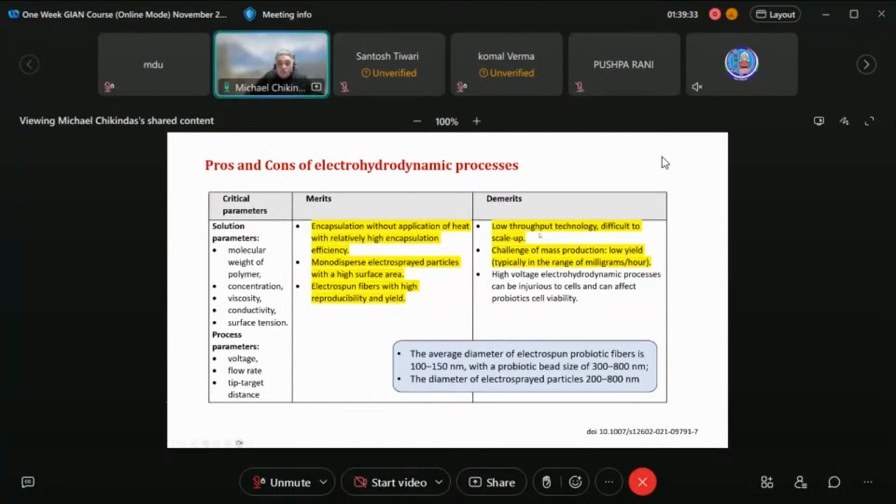Low throughput technology, difficult to scale up. I'm not sure if that will remain as an obstacle for a long time. I know that even the